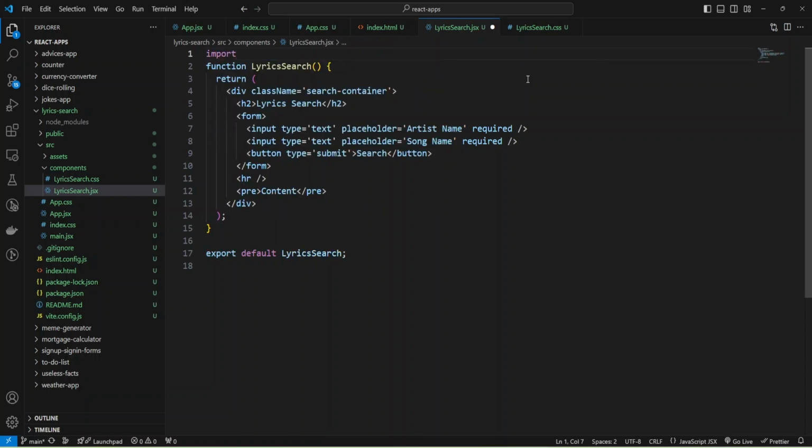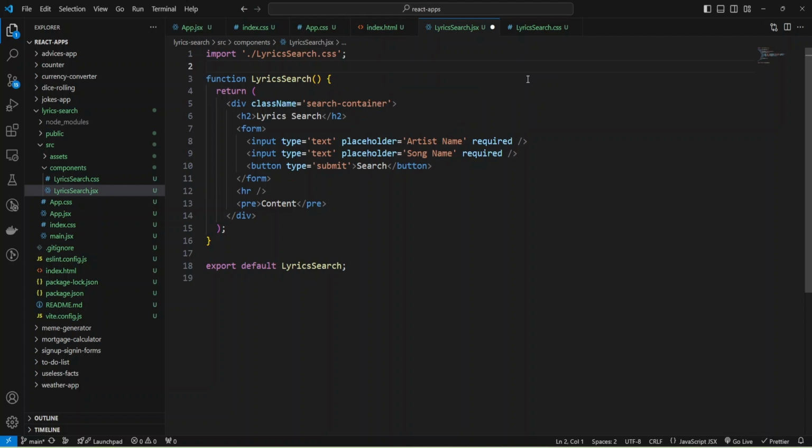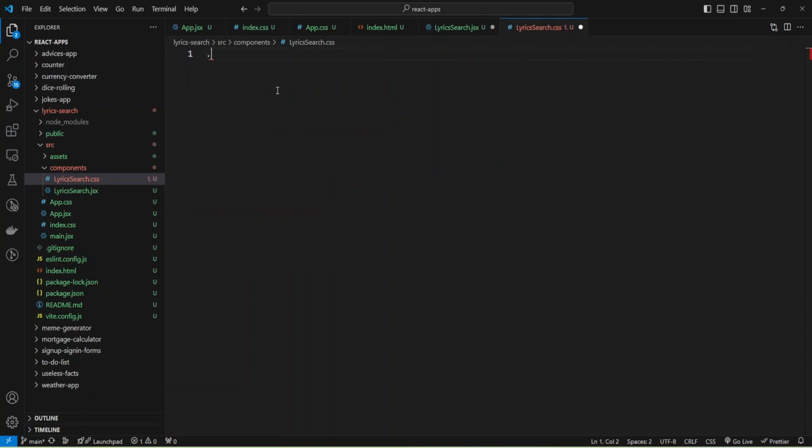I'm going to add import and use my lyrics search CSS. Okay, and we can add styles for search container. It's a class.